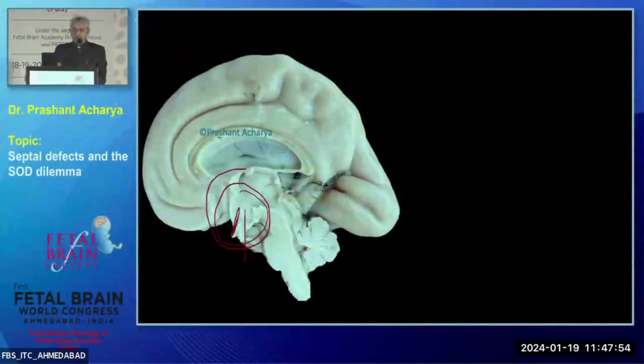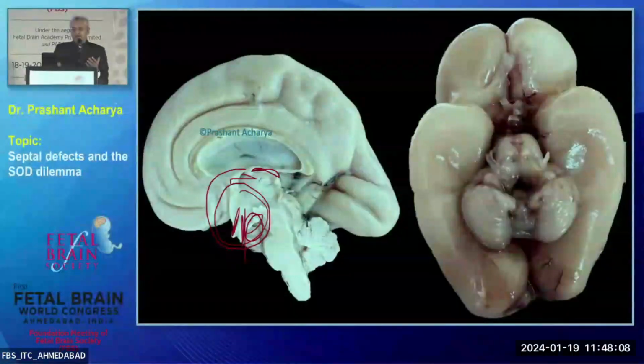This is the pituitary or hypophysis, and then this is where you will have the mammillary bodies and the corpus callosum, and this is the choroid plexus of the telencephalon, or what we call the tela choroidea, and that's the region we are going to discuss. If you convert it to the base of the brain, the same region is actually like this.